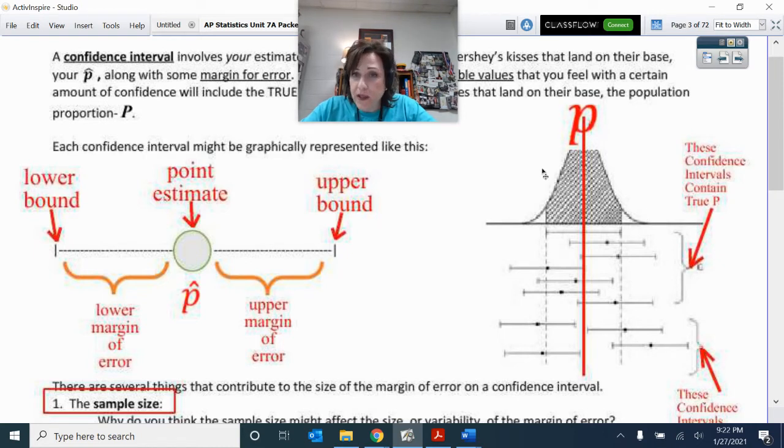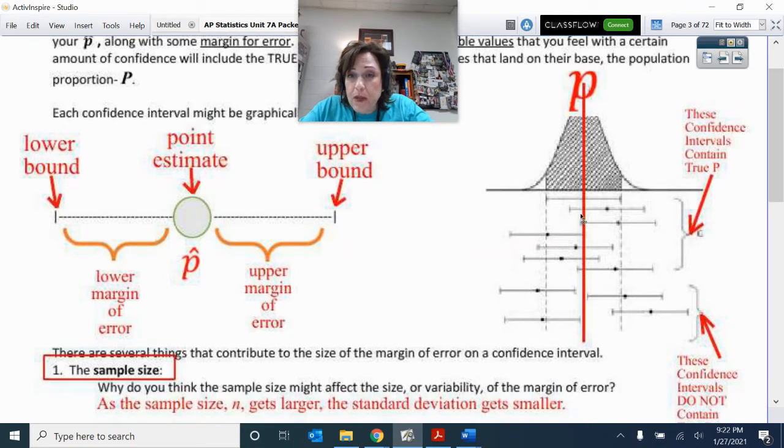Okay, now look at what this might look like. If the population p, which is just an abstract imaginary line, we do not know what this line is, okay? And so bunches of people get different intervals because, see, they get these little black dots. Those are other people's p hats, and then they make their interval. So you get these ones.